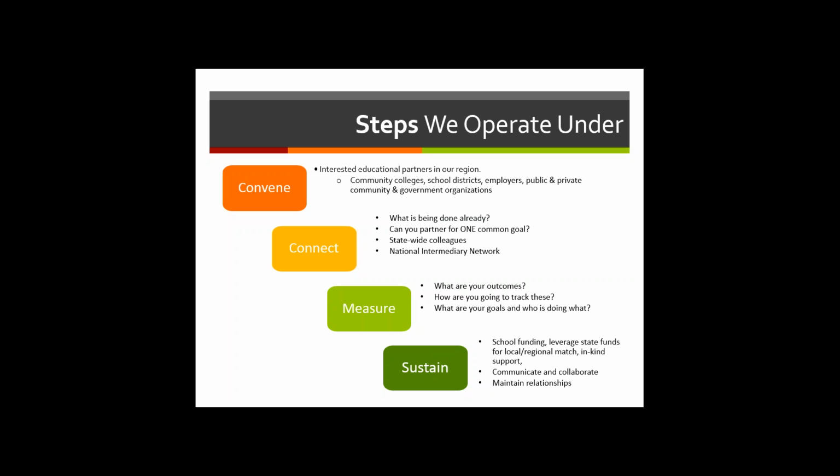In the sustain mode, it's very important that we don't necessarily have just one particular source of our funding. So I know that many of our intermediaries are working towards finding additional leverage state funds. As I mentioned before, each of the intermediaries receives approximately $100,000 from the Department of Ed through a grant process. But we also have some intermediaries that are receiving funding directly from the schools or may have local and regional